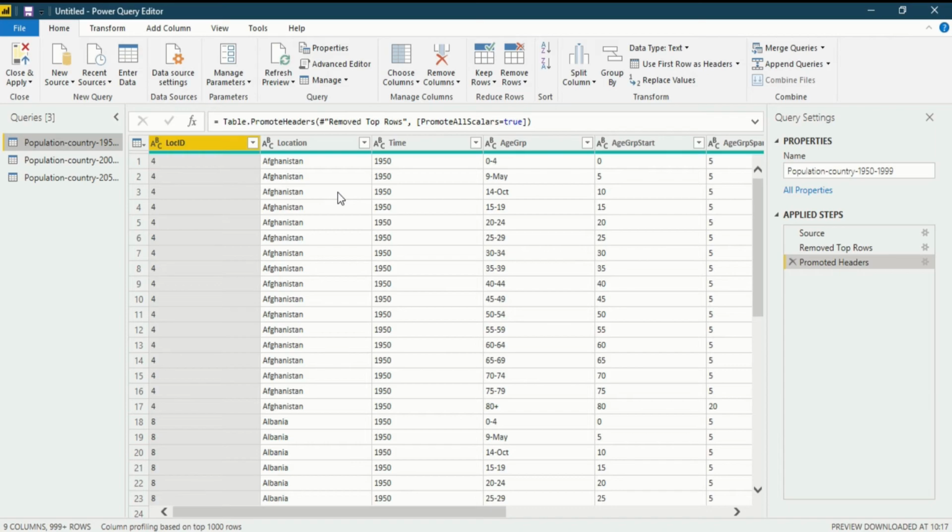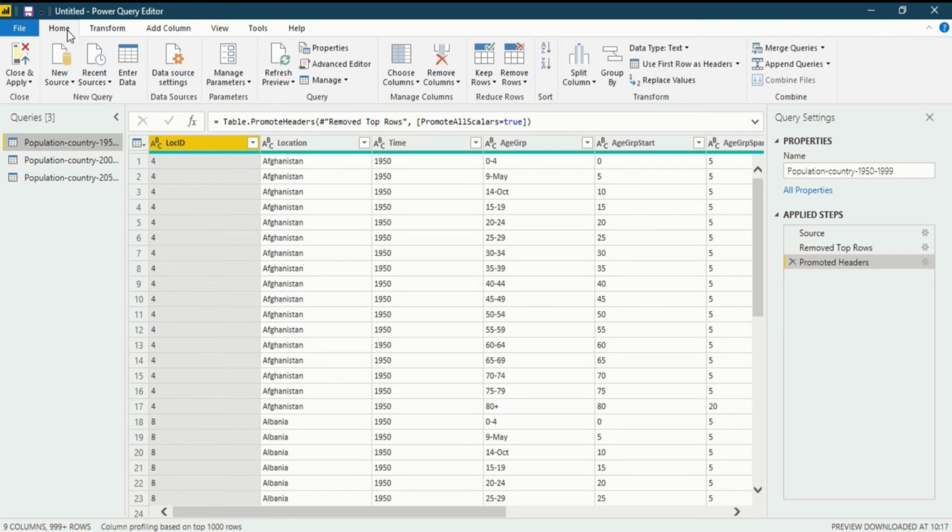So we are in Power BI Desktop, in the Power Query Editor. If you want to understand the interface of Power Query Editor, you can go to my previous videos in which I have given a detailed description of it. So now let's get back to the question. The question in hand is about combining the three queries into one query. That means combining multiple queries into one query. So how do we do that? That is also quite easy.